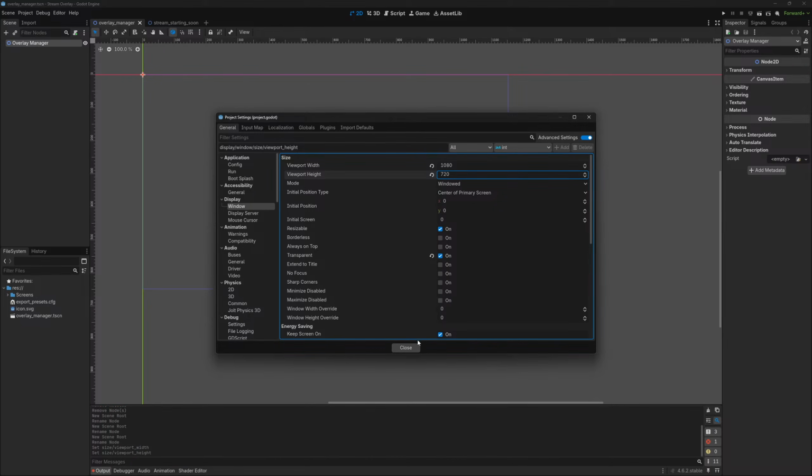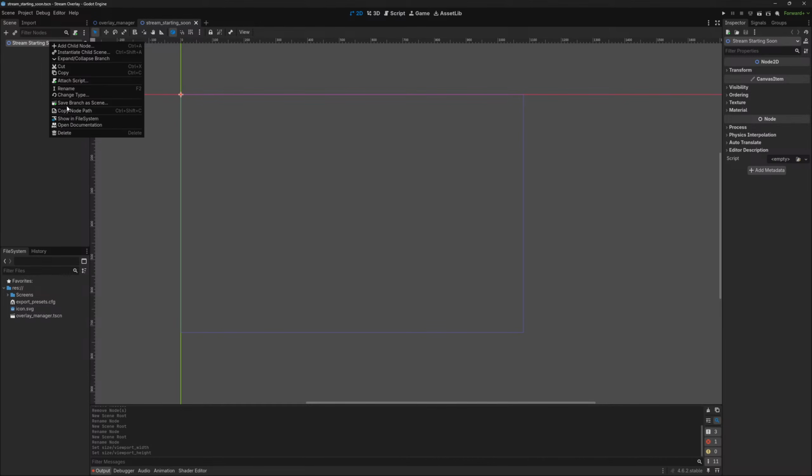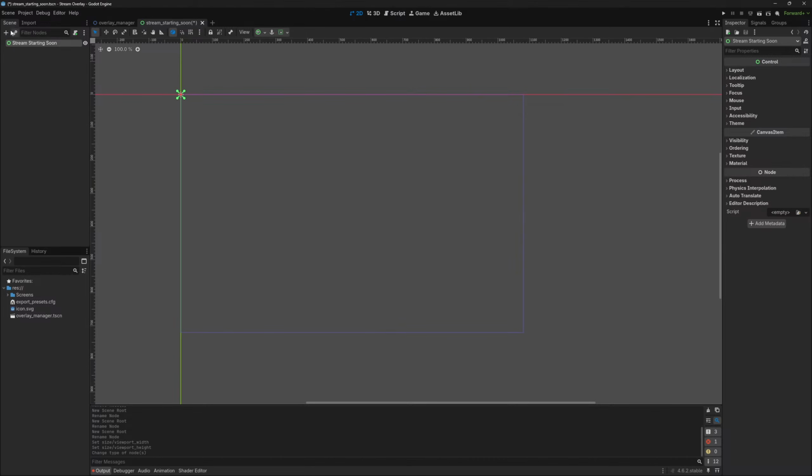We'll just start with that for now. May very well end up larger. Actually, I might want this as a control. And then